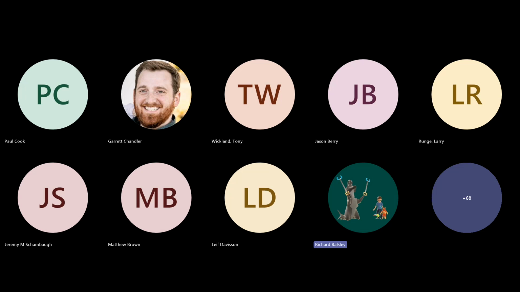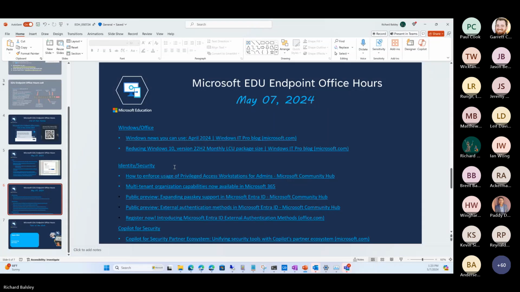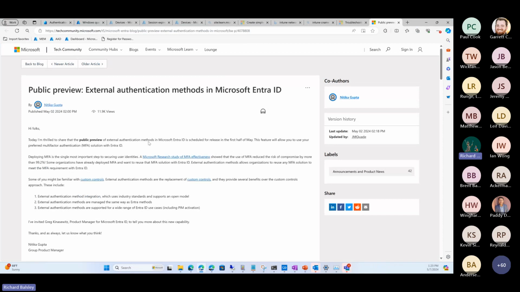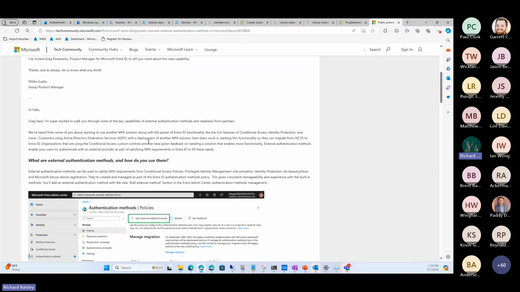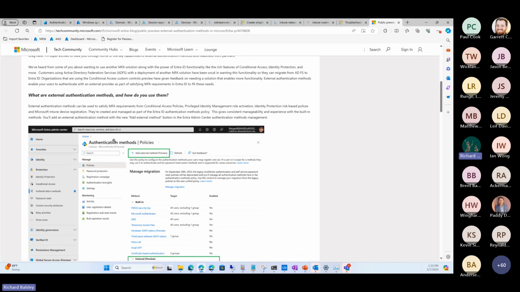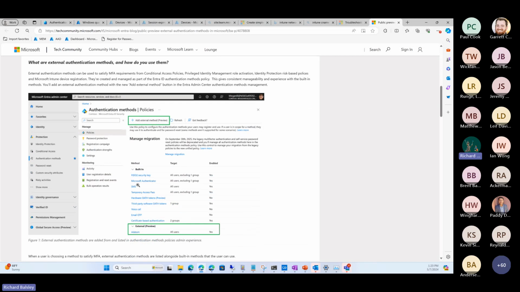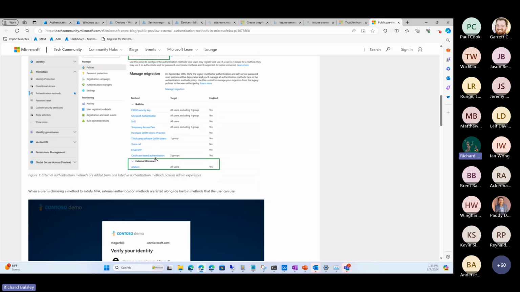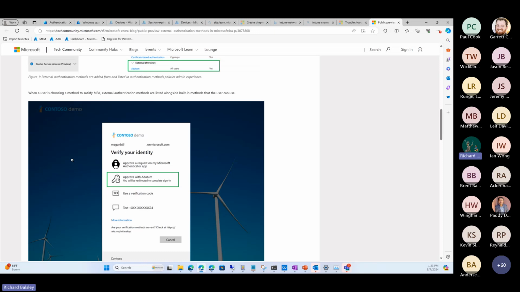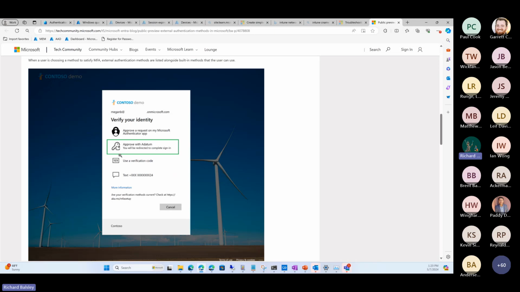So if we go and take a look. There's one thing that I think is going to be a little disappointing, but I don't have any additional details about why this is. But in the post, we explain where to go to turn on the authentication methods. You basically just go under Protection, click on Authentication methods, and then you can add your external method. From a user point of view, they'll have a little screen that comes up when they sign in,